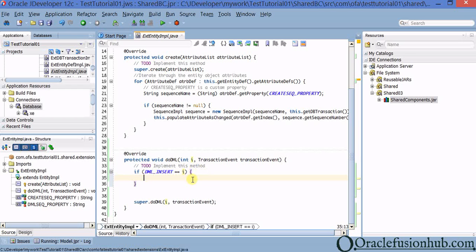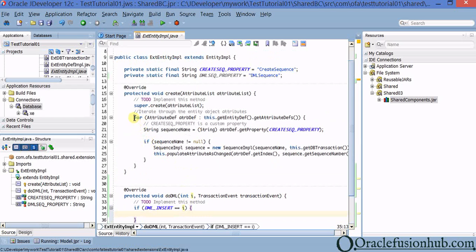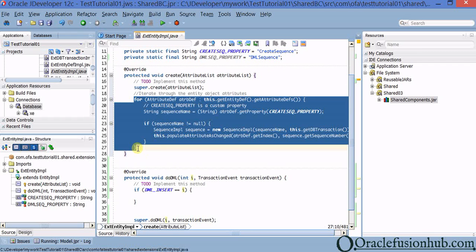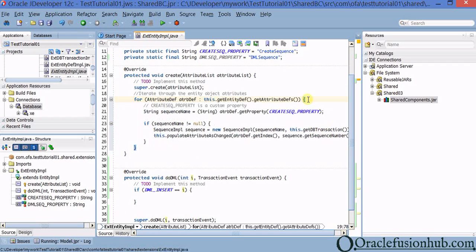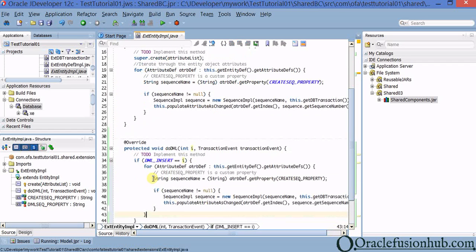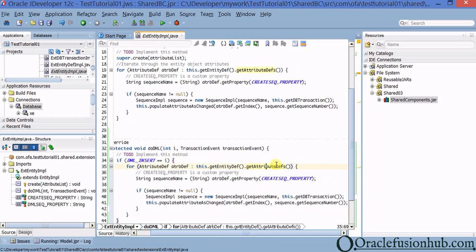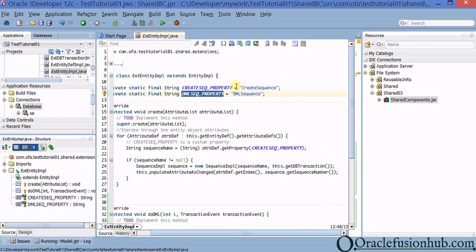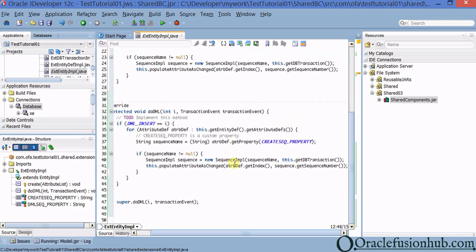So if I equals DML insert, I'm going to have the same thing. Just copy it and put it here. We are getting the attributes, and once you get the attributes, the sequence name now is not create sequence, but it will be DML sequence property, and the rest is just the same. Save it,